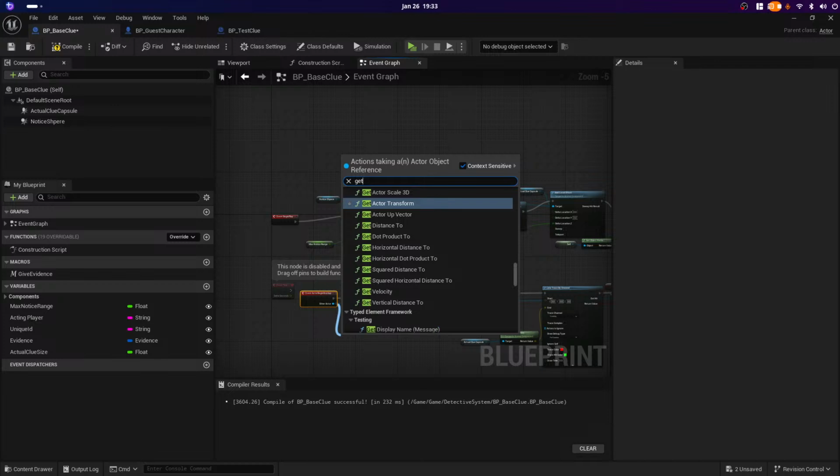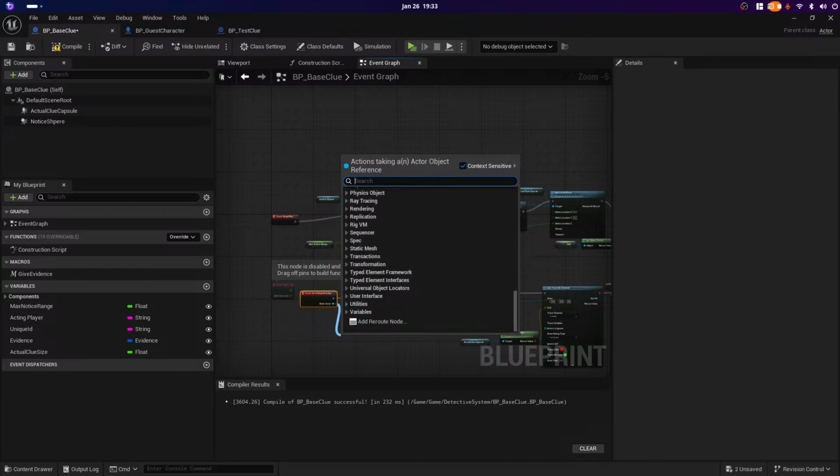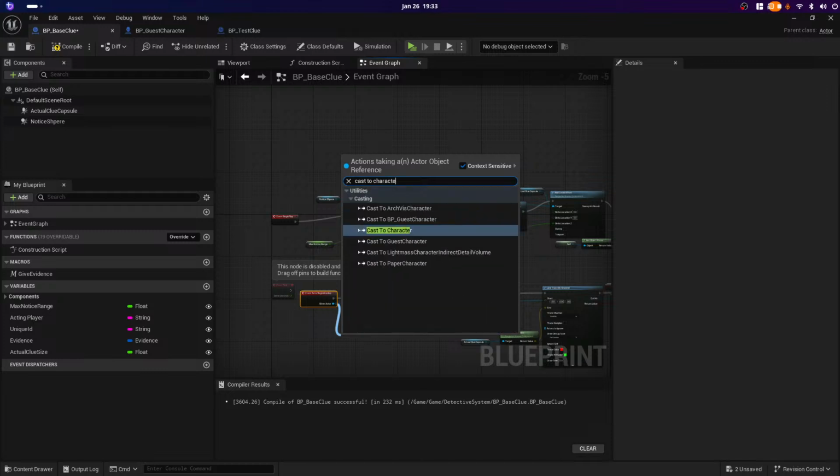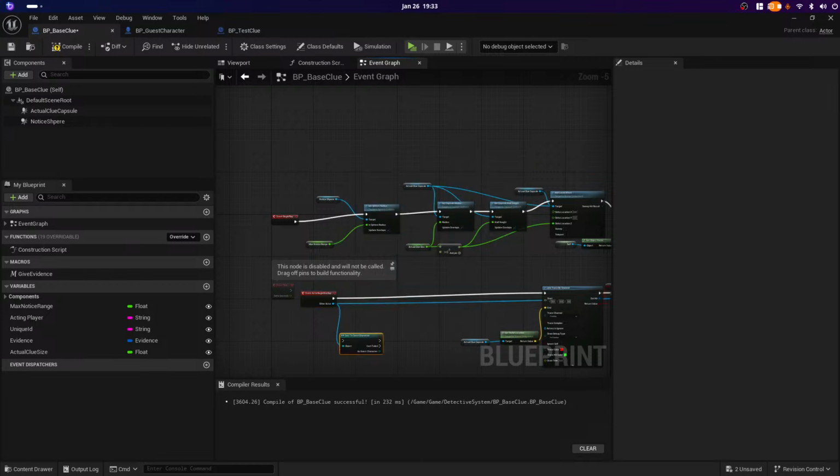Get, let's see, cast to character, to guest character, and then as a guest character